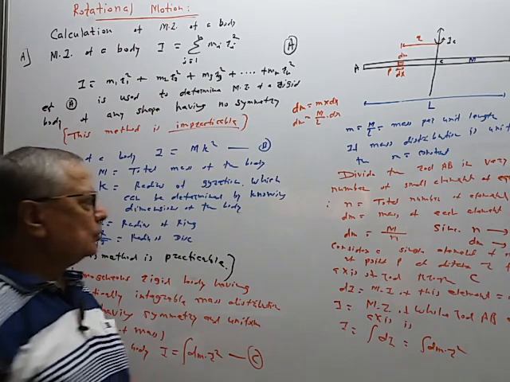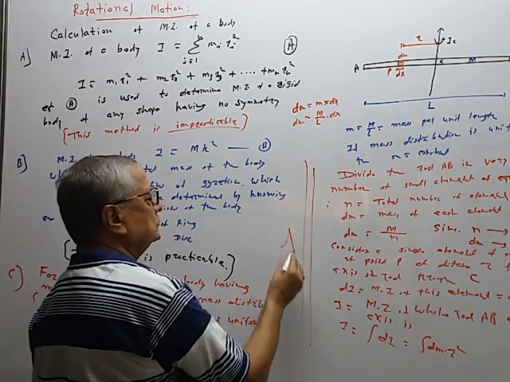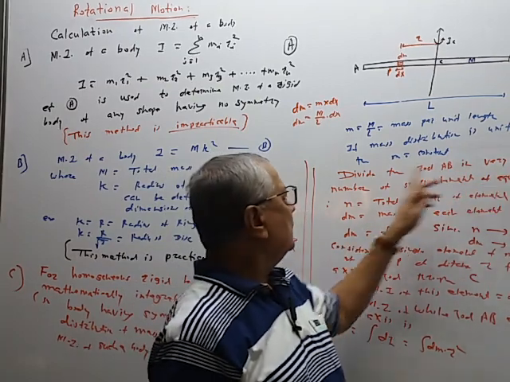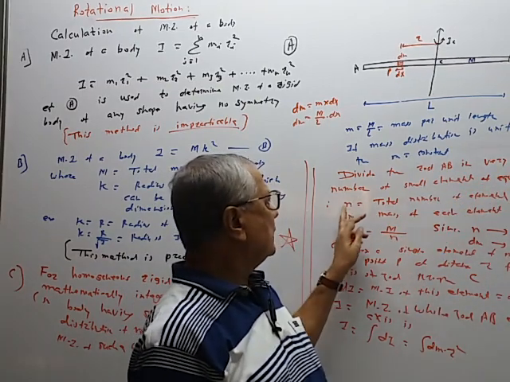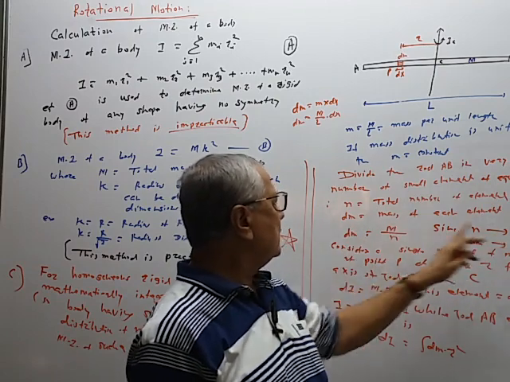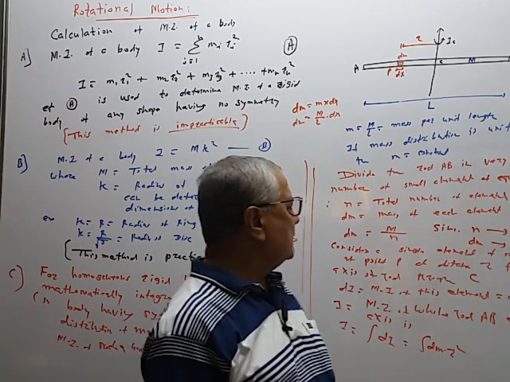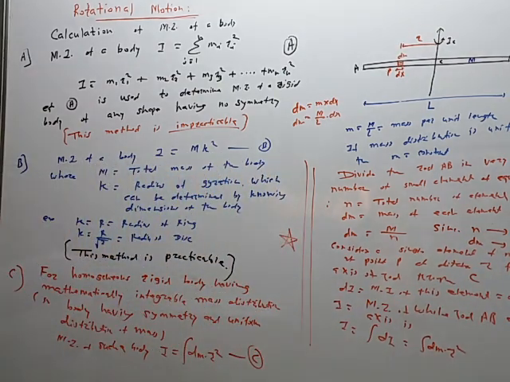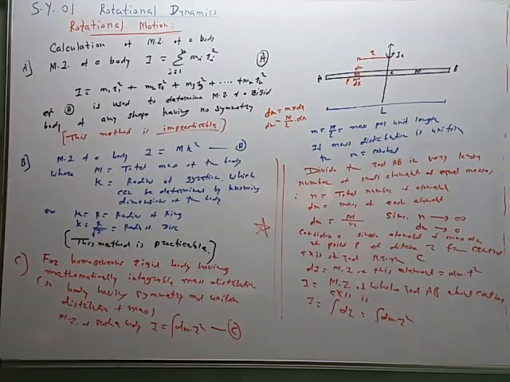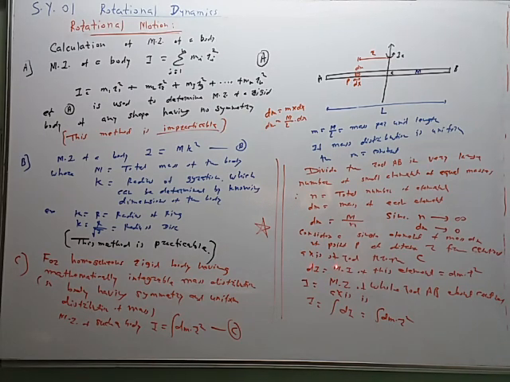एक आपण example घेतलेलं आहे. So this is the process. Divide the body in very large number of small element of equal masses. If n is the total number of element, dm is the mass of each element, then dm is equal to M upon n. N is the infinity, very large number. Therefore, dm is tending to 0. Consider a single element situated at distance r. So moment of inertia of that single element is given by dI, and the dI is equal to, name is the formula, mass multiplied by square of distance. So mass of the element is dm and its distance from the given axis of rotation is r.